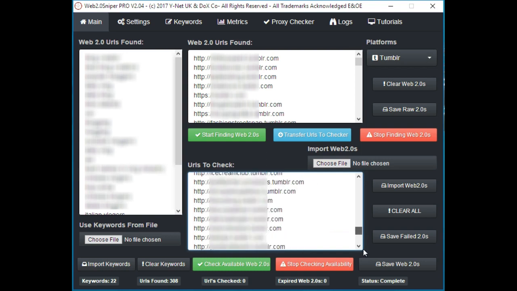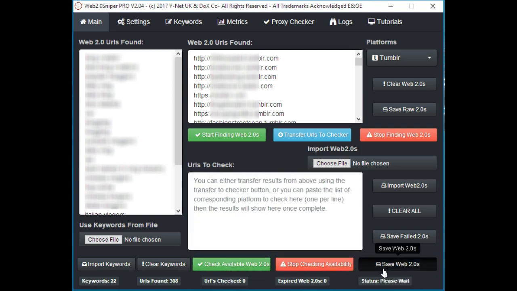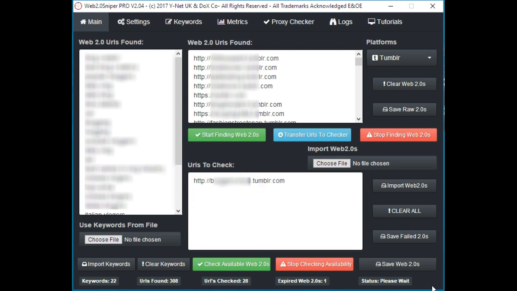So what we do is we just click check available 2.0s. And that's going to go away and it's going to check which ones are expired, ready for you to check whether they're expired, ready to register, or whether they're in their grace period. The time this takes, as I said before, depends on how many threads, proxies, speed, all your settings in settings. Now that was quick, so that's found one result already from them 22 keywords that produced 308 results,